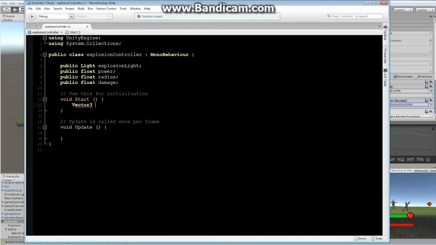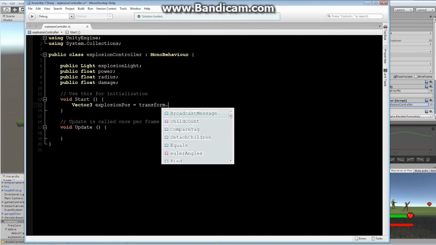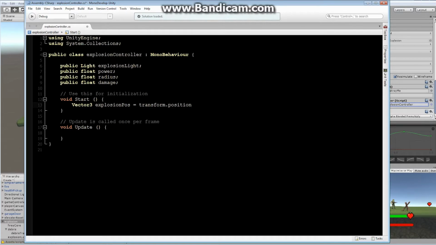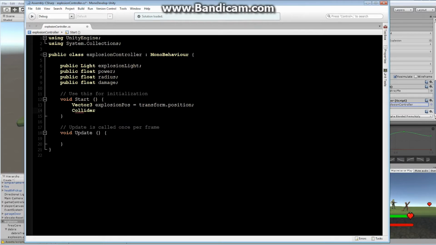All right, so let's make a Vector3 that we're going to call explosionPosition, and we're going to set that equal to transform.position. So it's going to be located at the source of this explosion. That's the first thing. And what I want to do is find whatever colliders are in the area. So Collider, and it's going to be an array of colliders. I've got my square brackets in there, and it's going to be an array of colliders that I'm going to simply call